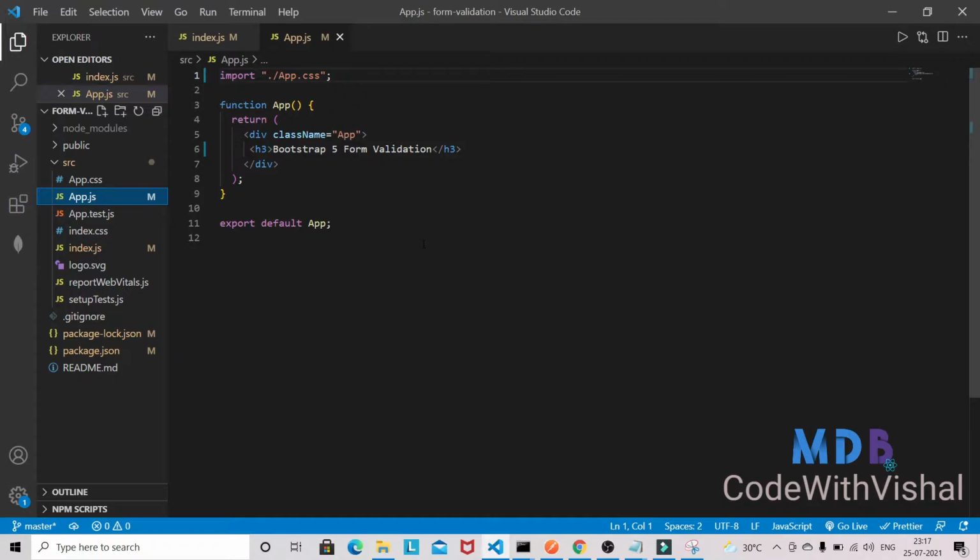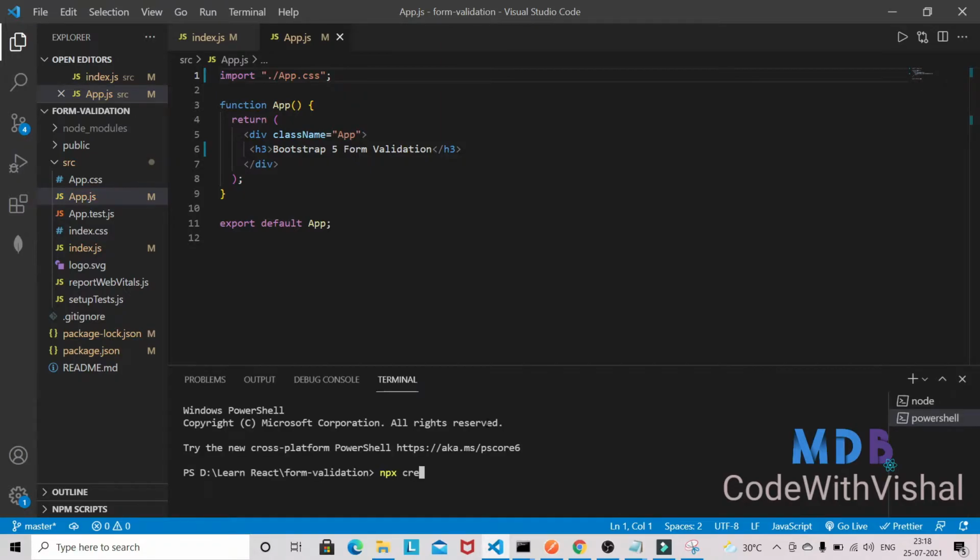So you can create this basic React application using the command create-react-app, and you can give your project name here. Okay, so I have already created this project and I have removed all the content inside this class name app, and I have just given the heading like Bootstrap form validation.